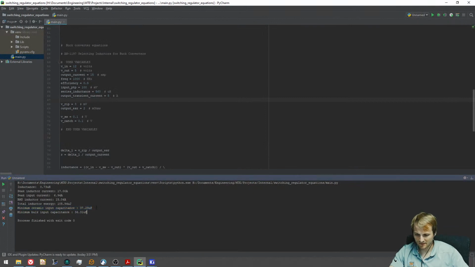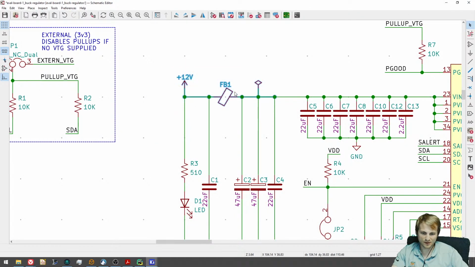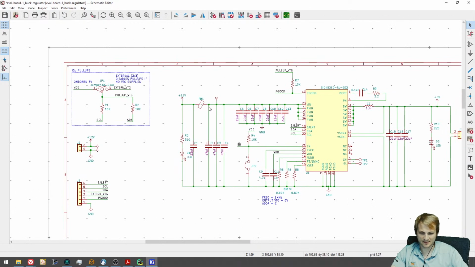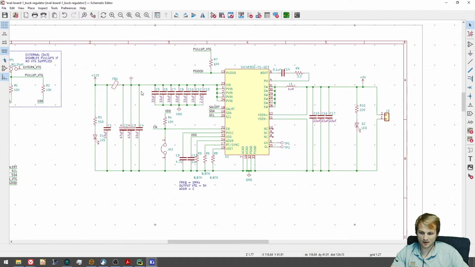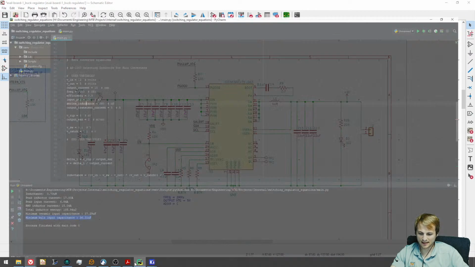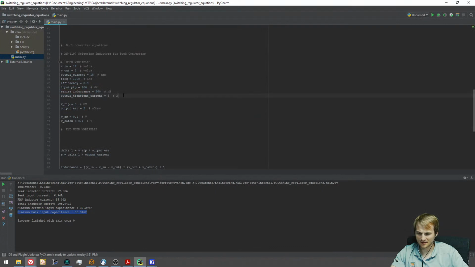So they have an equation on there, which gives you what your minimum bulk input capacitance is, and it's based on what that is, not microamp, that is nanohenry. That is the input inductance on this side. Since we don't have a true inductor here, 560 is just kind of a rule of thumb, and you always want to have more bulk capacitance than they say, because that's essentially worst case scenario. And then the other assumption that it's making is, and this is back to what Ahid was saying, is on